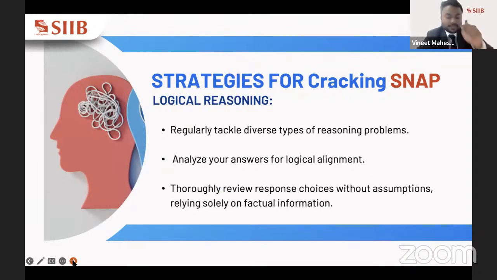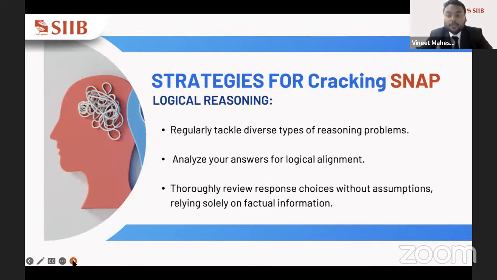So now, Karan has already told you about the layout and the SNAP structure, and also one of the prominent sections of SNAP, that is vocabulary and English. So coming on to the next section of logical reasoning. See, logical reasoning as a section can be a destroyer and can also help you in getting a good score in SNAP, because it all depends upon your presence of mind at that particular point while addressing that particular question. So before starting with the logical reasoning part, just be sure that you are free from all the stress and all the pressure that you will have on the day of SNAP. So to attempt logical reasoning with a calm and patient mindset,